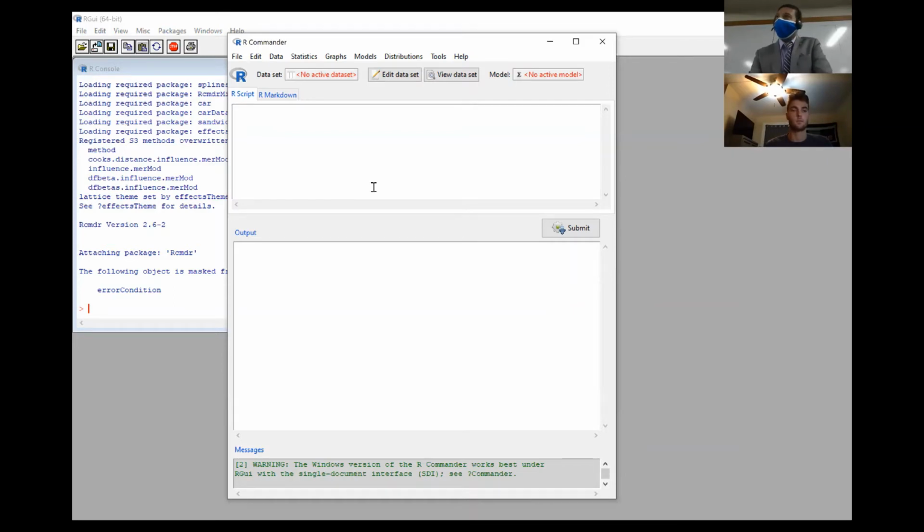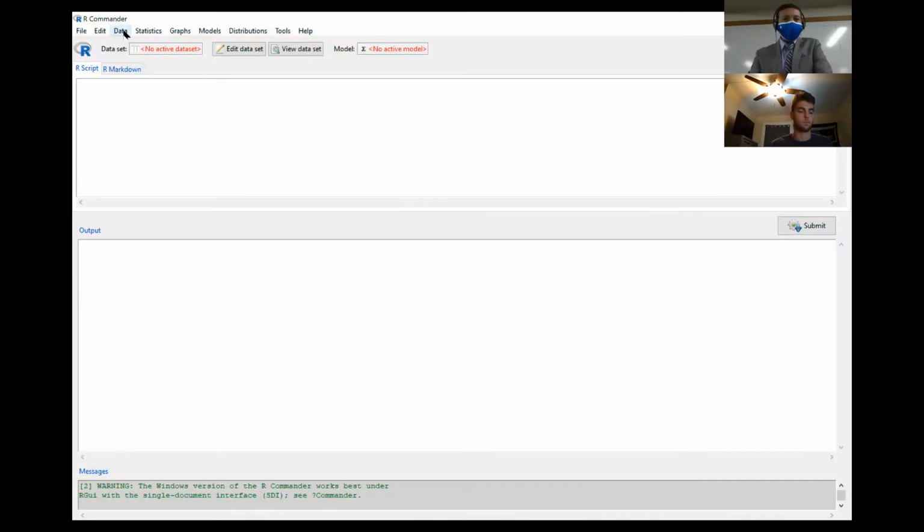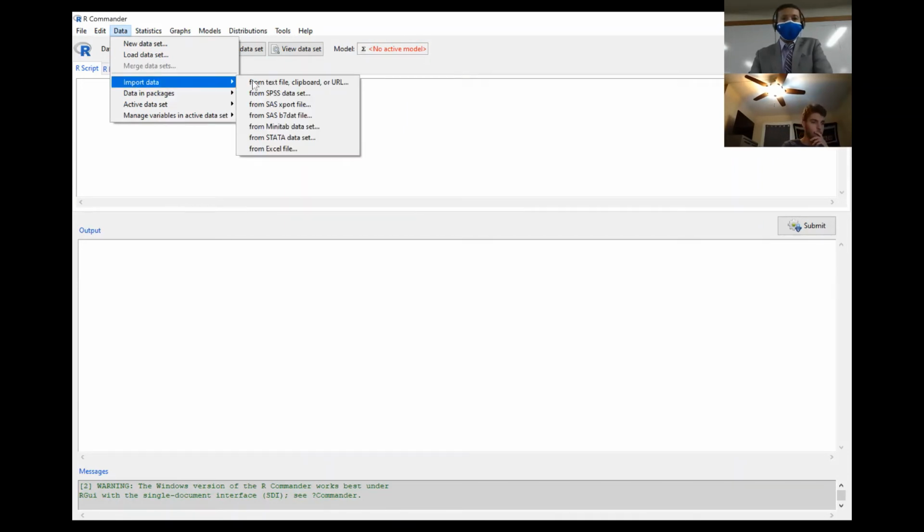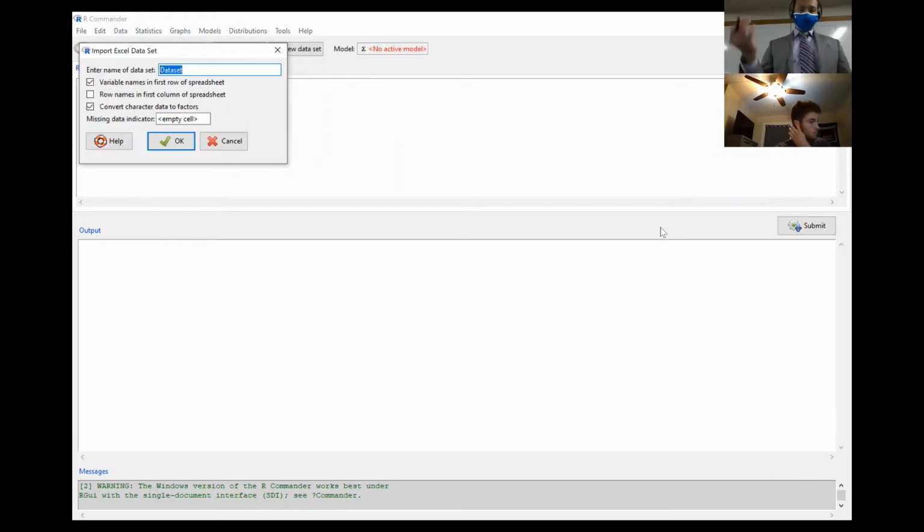In R Commander, what you do is you go under data. Under data, there is something called import data. And I'm going to import data from an Excel file. So I click on that and I give it a name. Let's suppose I'm just going to say Mid City. This was the first data set that we looked at, the one with the housing